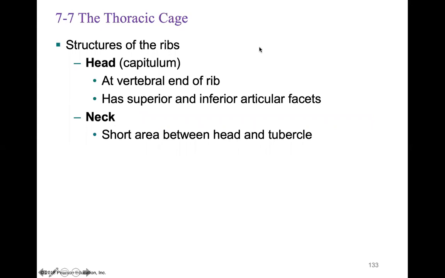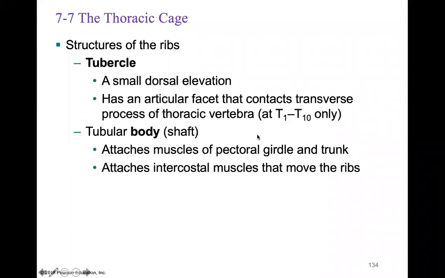Looking at the structure of a rib, you have the head, which is referred to as the capitulum. This is at the vertebral end of the rib. And then the neck, this is the short area between the head and the tubercle. The tubercle is actually going to